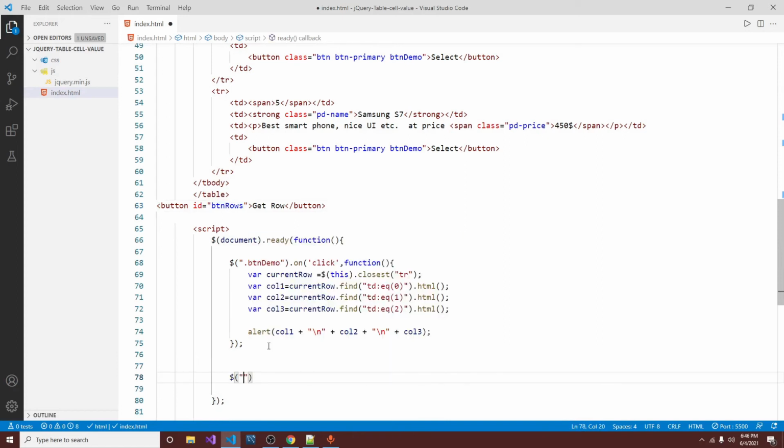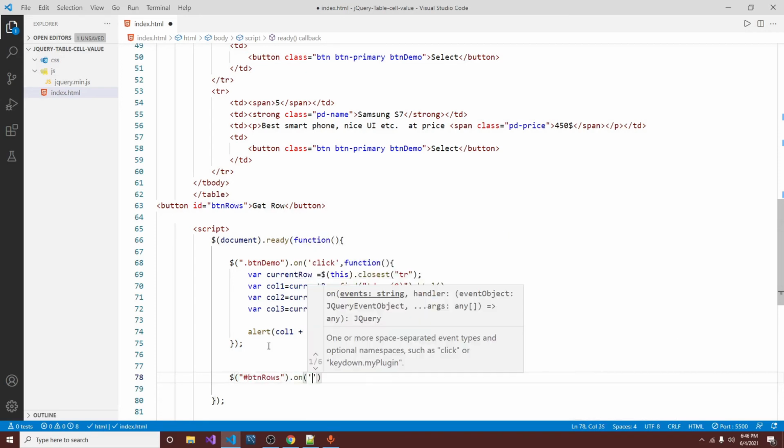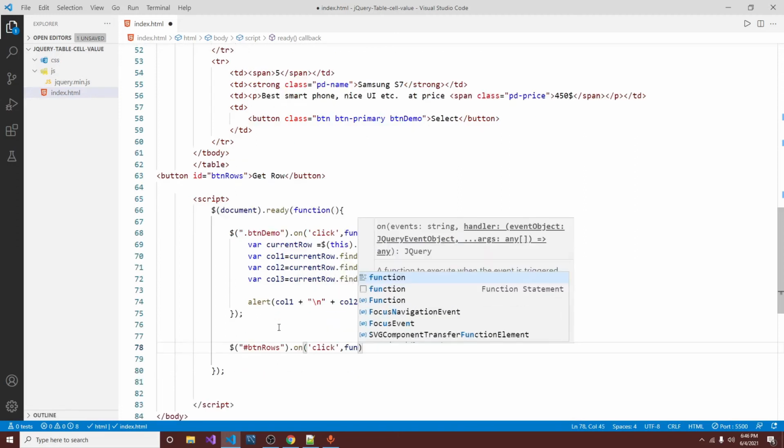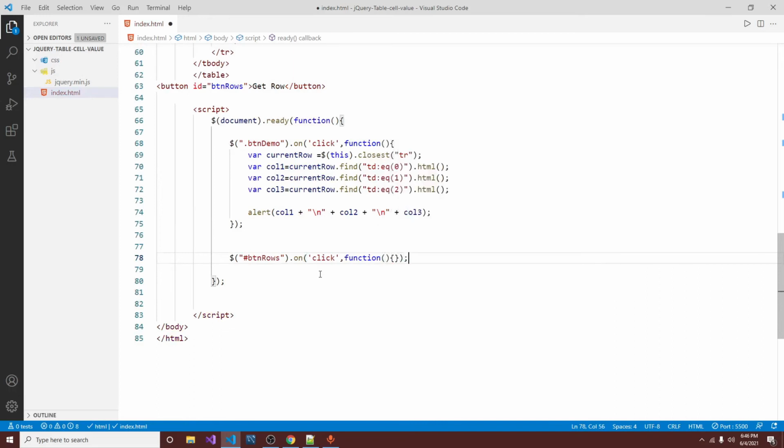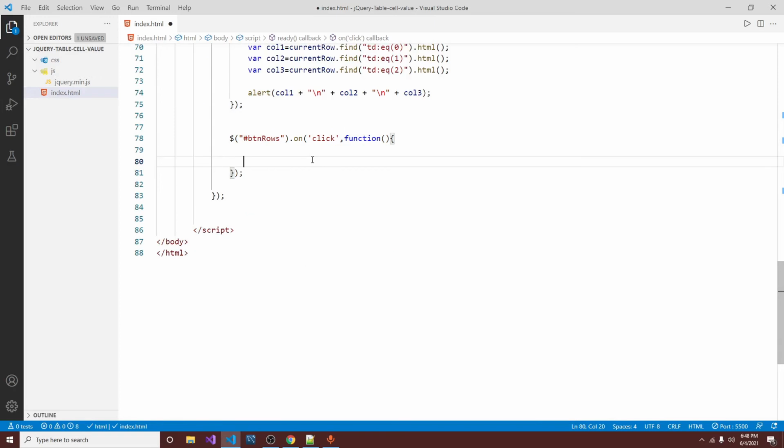As it is ID, we are going to use hash. Basically, we have to loop over our table row to fetch all row data. In jQuery, we use .each method. I have already written an in-depth article on jQuery each usage. You can check the article, the link is provided in the description.